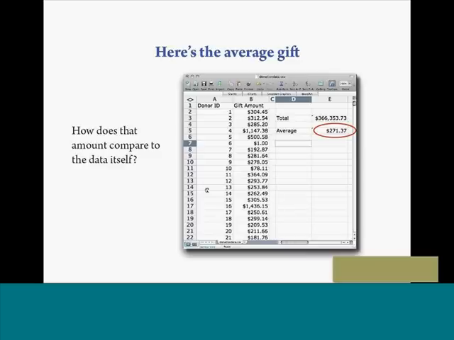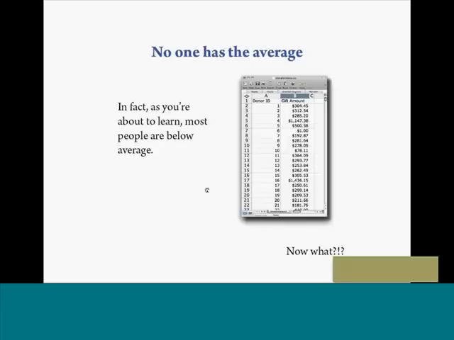But once we get the average, we want to look at the data and see if the average even compares to the data. And we might find that most people are below average, and nobody actually has the average. So the question, which if you read Head First Statistics you would already be prepared to answer, is what kind of metric would help us figure out what people's behaviors are. This average doesn't seem terribly useful to us because nobody has it, and it appears that most people are actually below average, whatever that means. We'll take a look in a second at what that means.